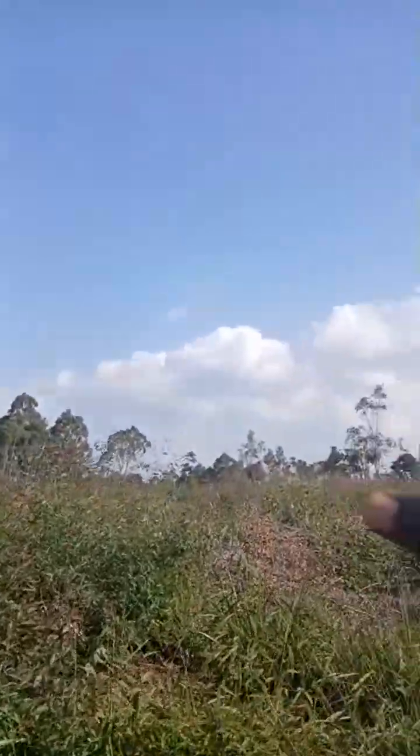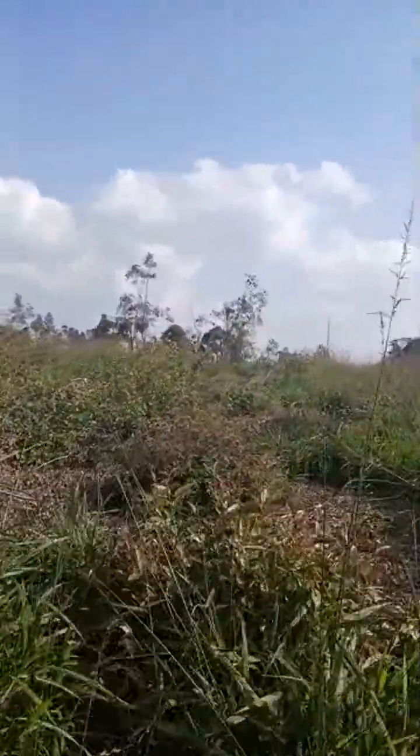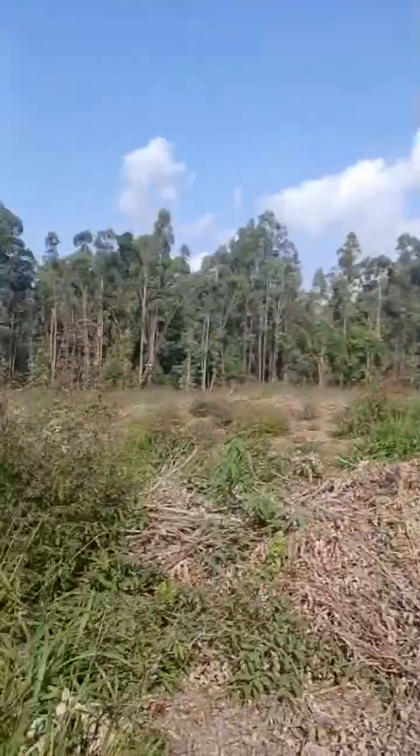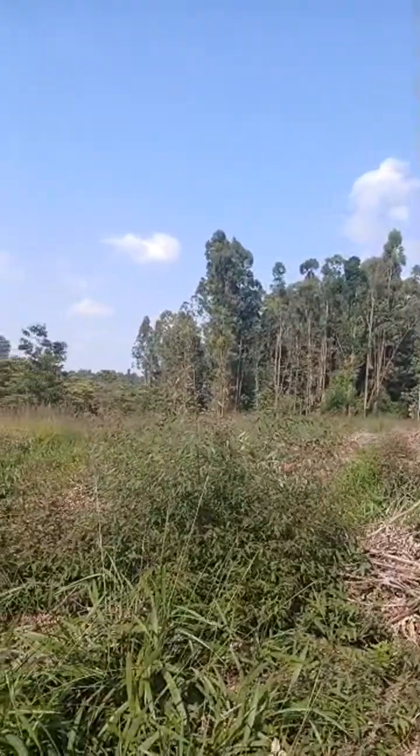We're heading down there. There are more. See, hey, that's a very big